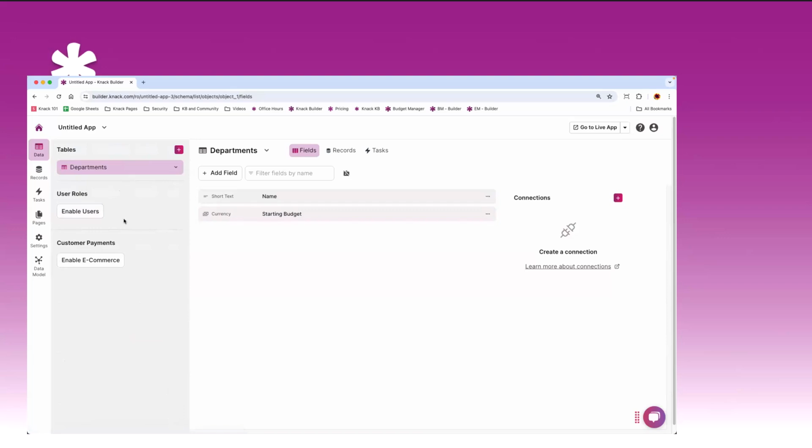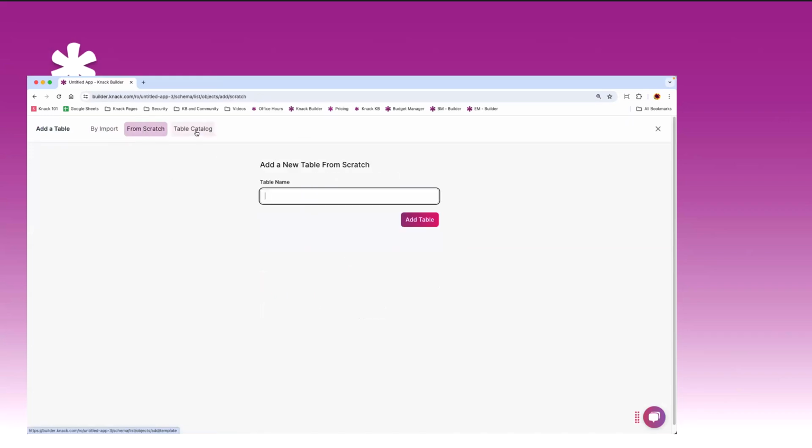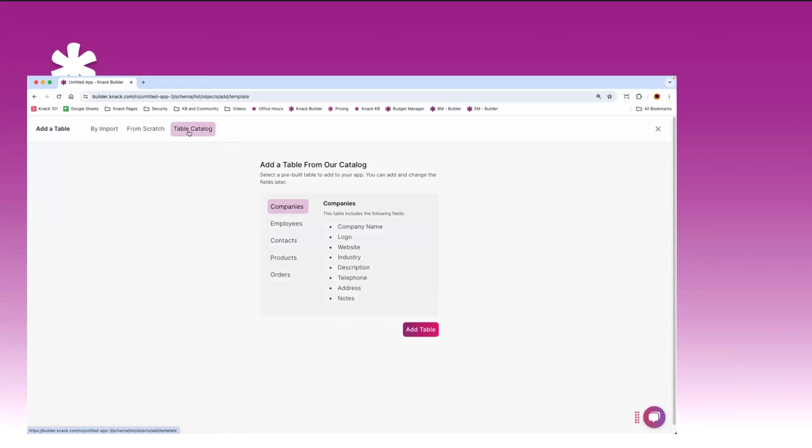So one of the other things that we're going to want to track is expenses. What expenses are coming out in regards to that budget, and we want to track those expenses. And again, we're going to want to be able to see real time what's available within our budget. So we are going to add a new table, and you create a new table by clicking this plus button. This is going to take you to a screen where you can either import your data, or you can start with a Google Sheet, and you have the option to start from scratch or start with a table catalog. So I am going to start from scratch,